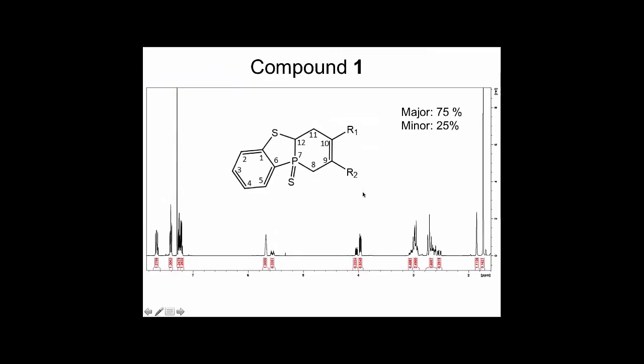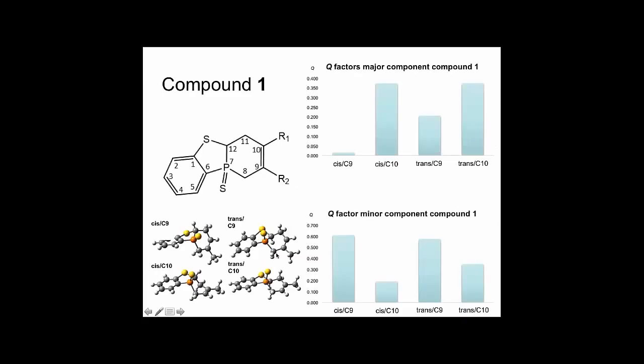We collected RDCs, and in this case it was a mixture. Here you can see the mixture, 75-25. Then we collected RDCs on the mixtures. And the nice story is that I asked my colleague, how much sample do you have? And he said, I don't know, I have 100 milligrams. Is that okay with you? Of course, I'm rich here. So we just put probably a couple of milligrams in the gel. We collected the RDCs, and then we